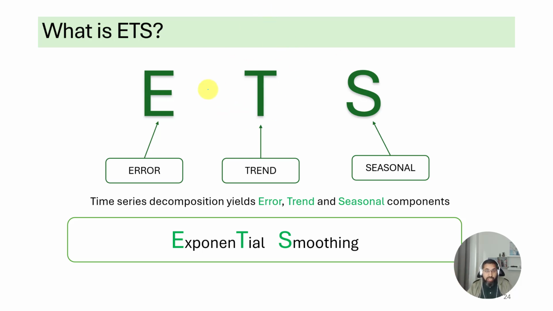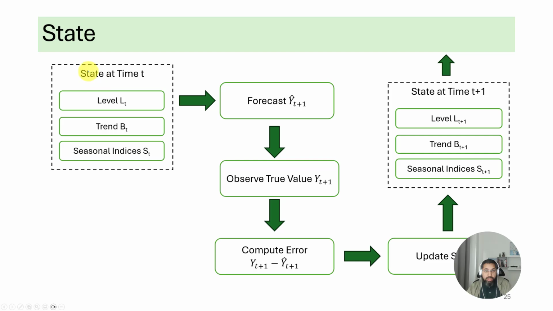So we're going to track the same components. So the state is our current level of tracking these components. At any given point in time, the state is our current estimate of the level. That's called L at time t. Changes in L become the trend. Trend, this is the rate of change in L. How fast is L changing? Is sales growing by 10 more units per week, or 20 more units per week, or 500 more units per week? What is the growth in sales? That's your trend. That's B_t, the trend at time t.